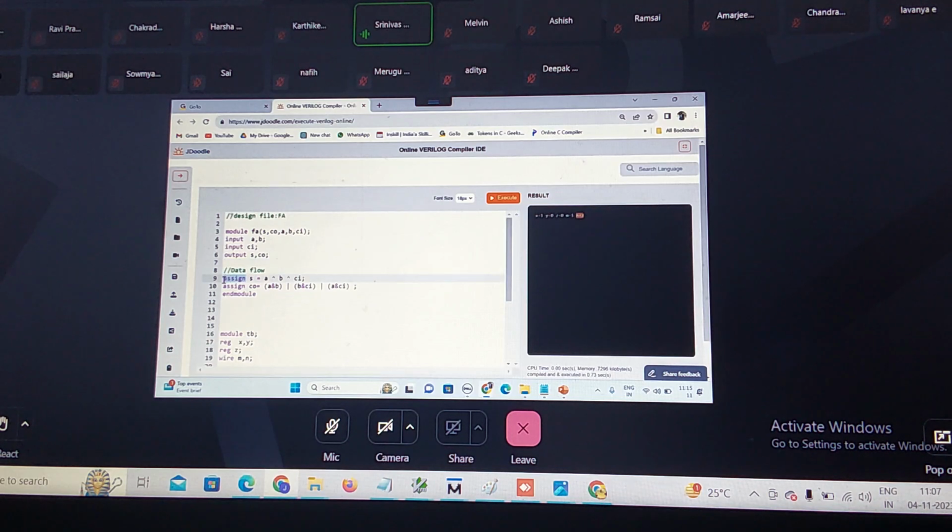Wherever you use the assign statement, the basic building block of data flow modeling, this is my LHS side expression. And this is the RHS side, which can be declared as a reg data type or wire data type. But this LHS